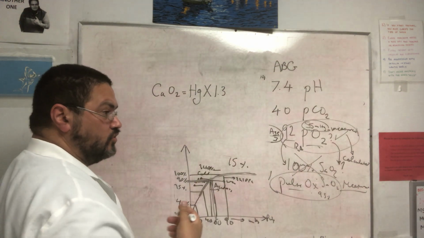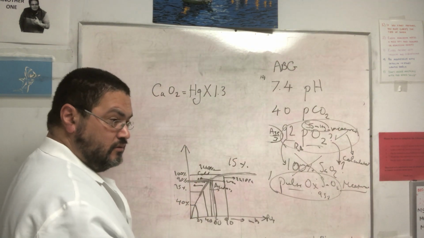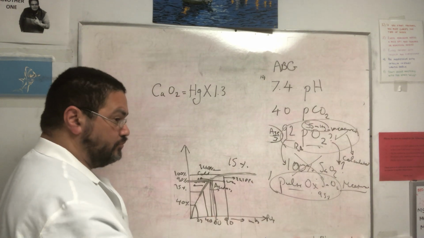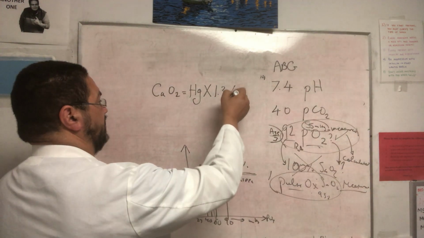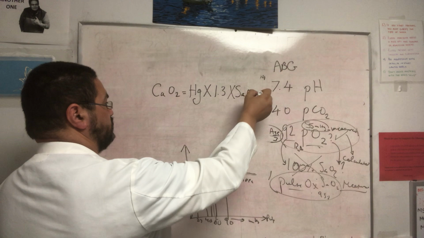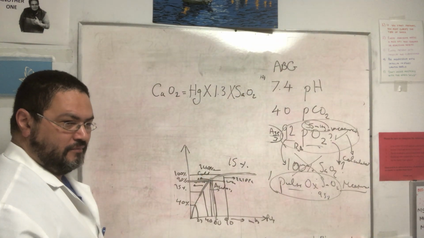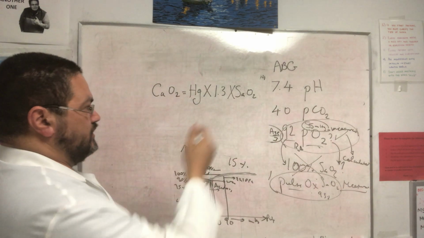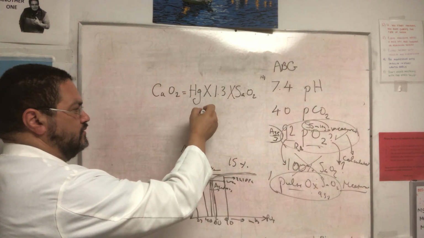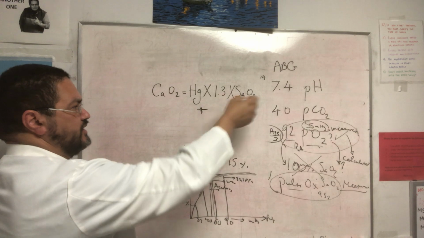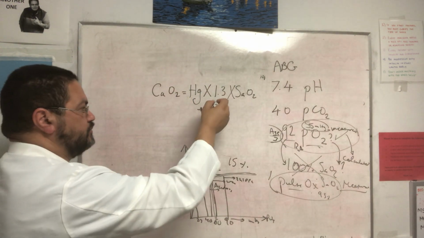Times, is the hemoglobin fully saturated? Is it fully saturated, carrying the 1.3 every gram? So that times saturation. Because when we say saturation of oxygen, that means the saturation of hemoglobin. Right? That's by definition, has to be tied with the hemoglobin. Plus, so that's the part that is carried on the hemoglobin, which is the major part, plus PO2